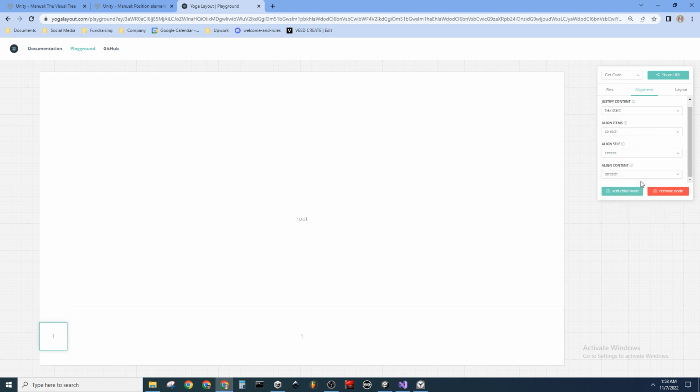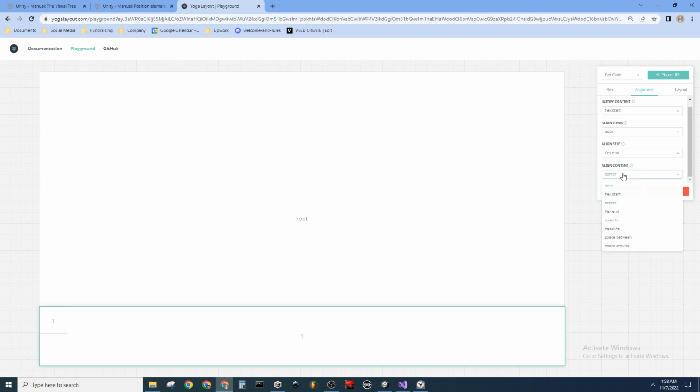If I click center, so it centers up and down like that, and then does this do anything, or that's dealing with something else? Justify content. I guess it's align center. Okay, so I'm just not sure. I guess essentially we're looking at like aligning this to the center. So you justify center. It's just weird because this is like